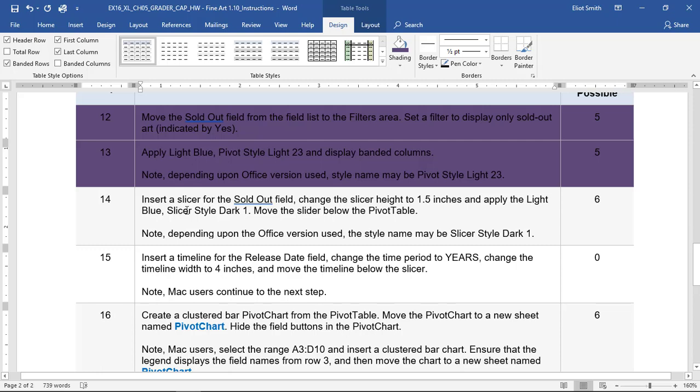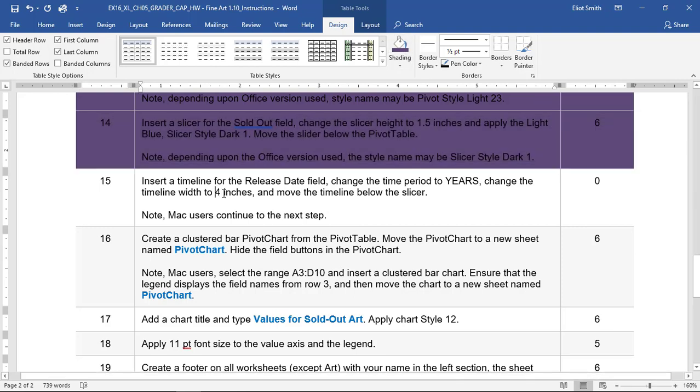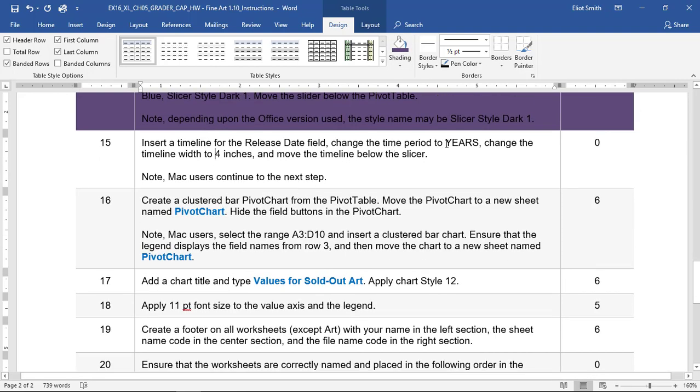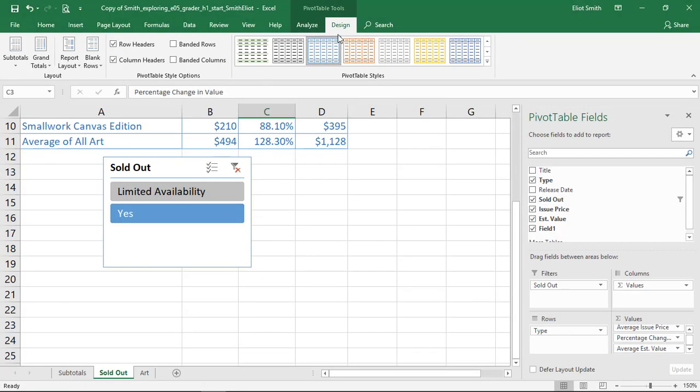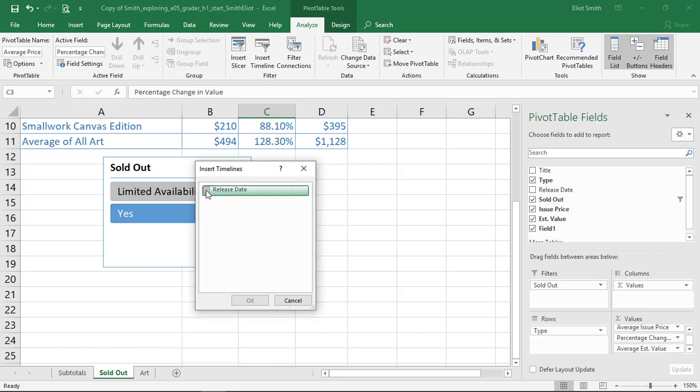Apply light blue, slicer style dark 1, move slicer below pivot table. I did that automatically. Insert a timeline for release date field, change the time to years. All right, let's get that far. Analyze, timeline, release date,